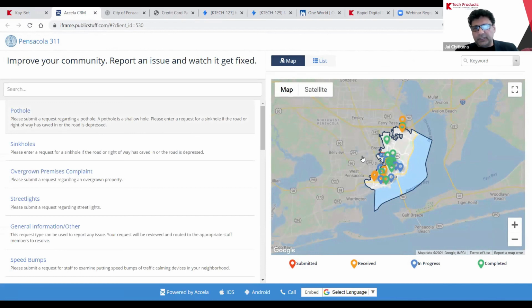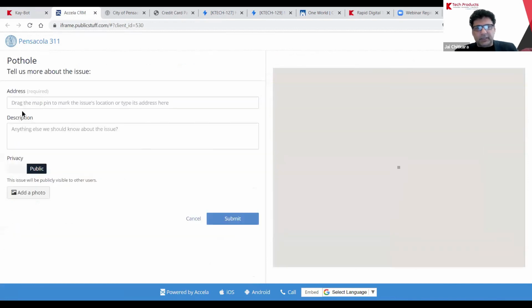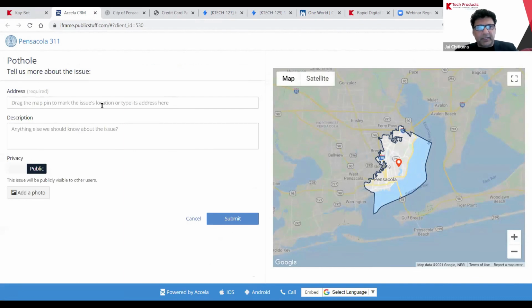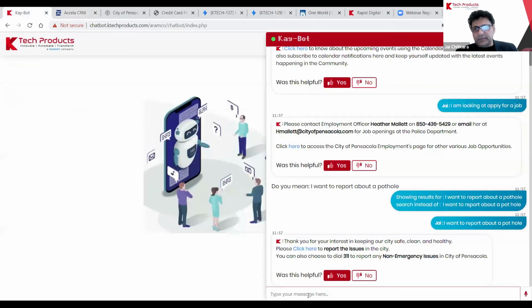I can look at all the potholes over here, and I can create a ticket as a citizen, where I found it. I can upload a photo. So this is the existing integration I can use if a city is using it, or I can replace that with my ticketing system of Jira, which I showed before, or ServiceNow, I can show that, right? So depending on that, it also matters how long it will take for